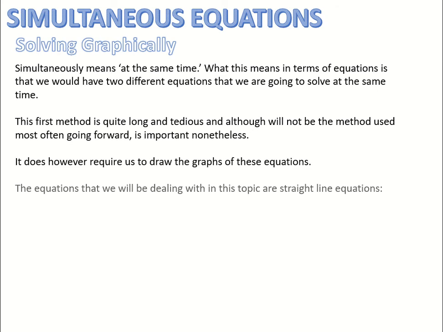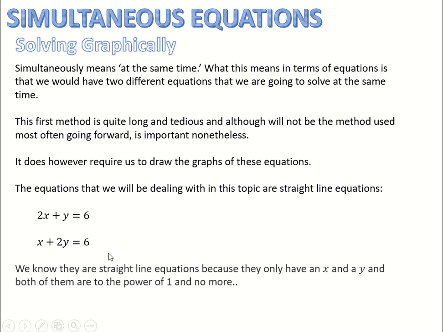Okay, so we're going to have to draw these 2 graphs out in this first instance. We're not going to spend ages doing this, don't worry. And the point is, these are equations of straight lines. If you look at these equations, and these are 2 slightly different ones, they are equations of straight lines. So somewhere there is a straight line that refers to each of these equations, and they look quite similar. We've got 2x plus y equals 6 and x plus 2y equals 6, but they are very, very different. First things first, I know that they're straight lines because I have an x and a y,